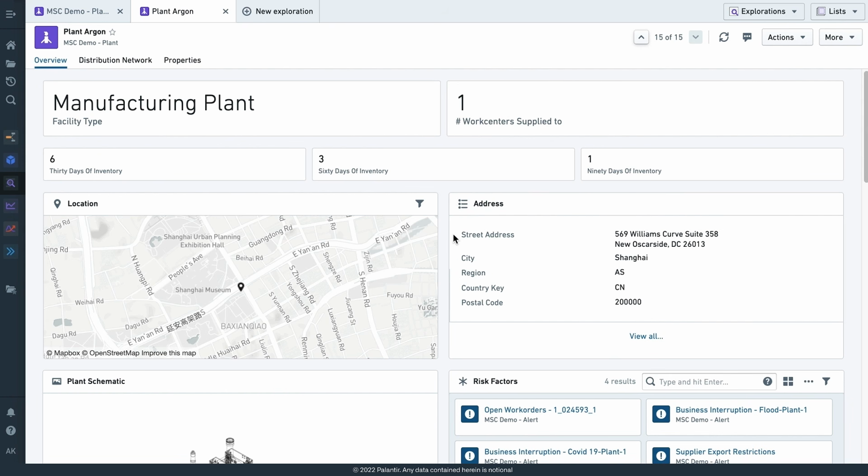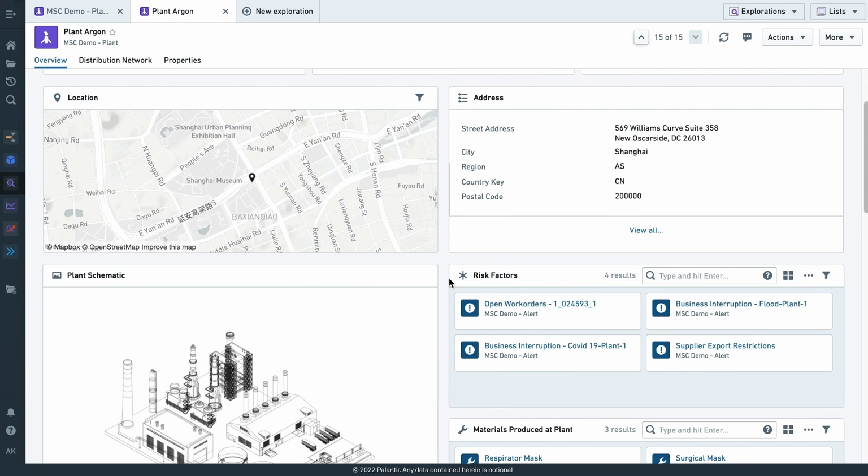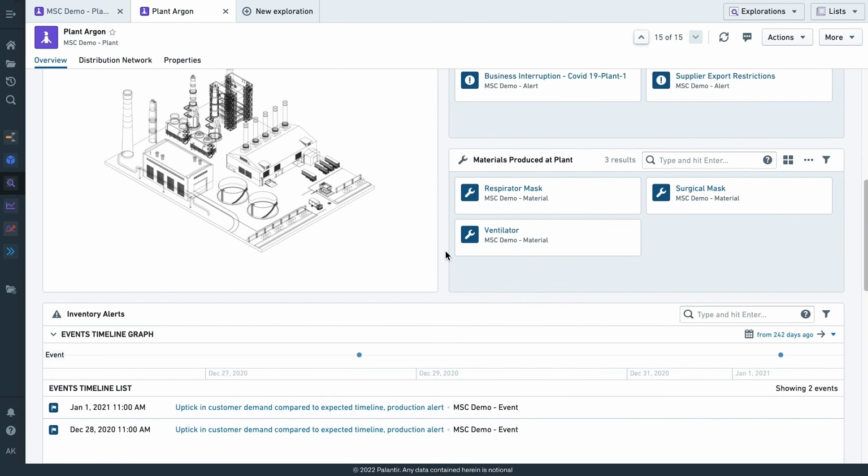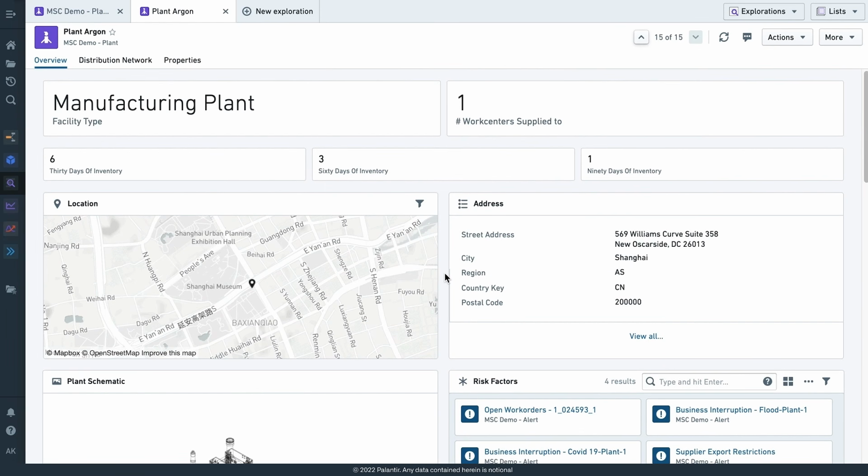So I can see information about, again, the geospatial information, its address, some unstructured data like a schematic, maybe some risk factors or material information coming in from the ERPs and MES systems, and even things like timelines as well here. And these 360 views can look very custom and very different depending on the user type or the business unit. And you might imagine that there are certain users that want to see IoT information or video information embedded here, and others that want to see financial information or more CFO style views. And so you can have different lenses or different views assembled on the same types of objects here.